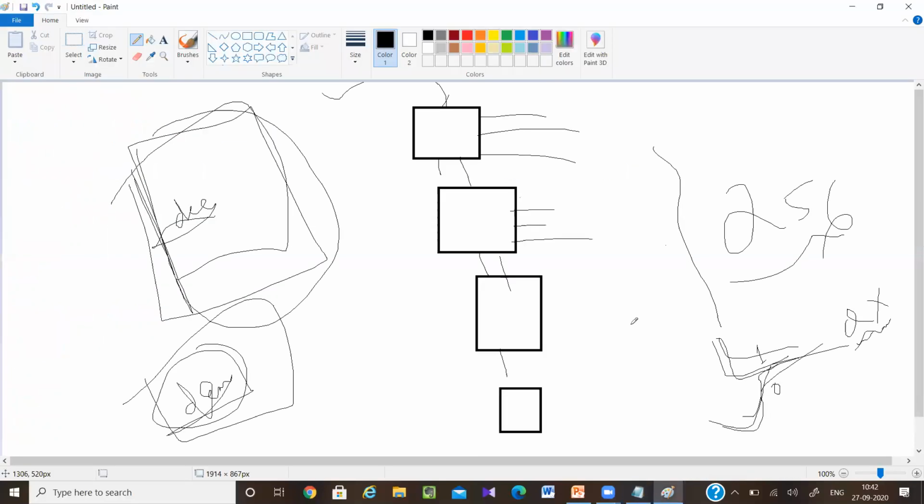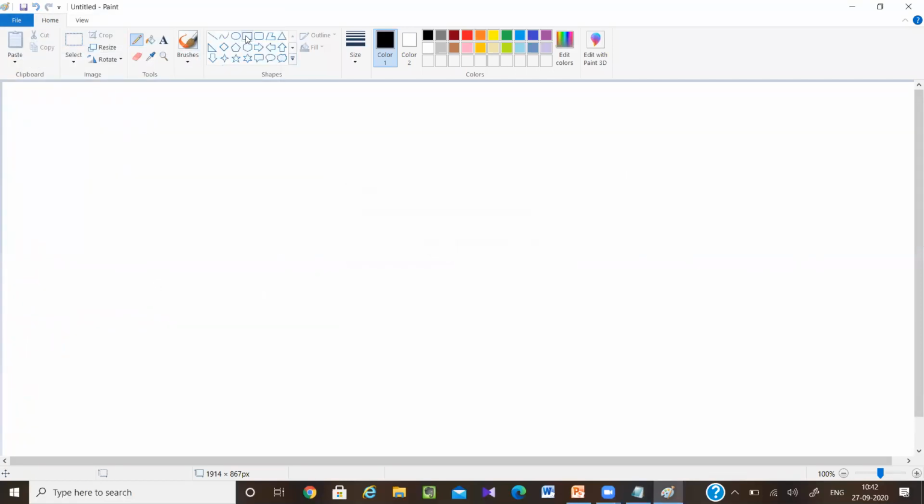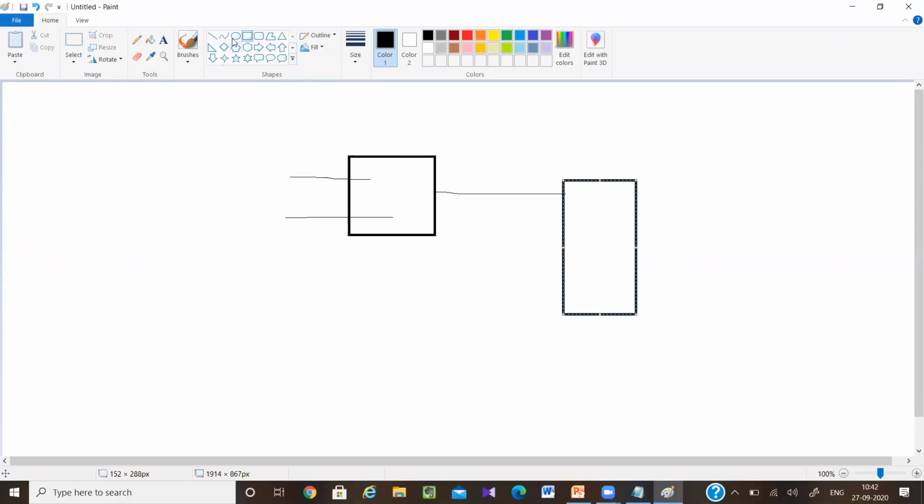Just wait. So there will be one OR block. To that OR block, B and C are connected, A is taken, and there is another block.